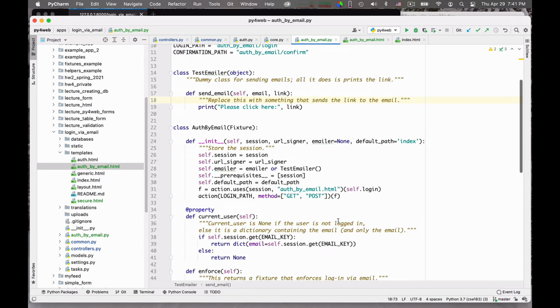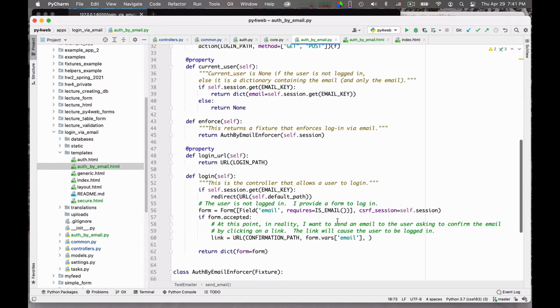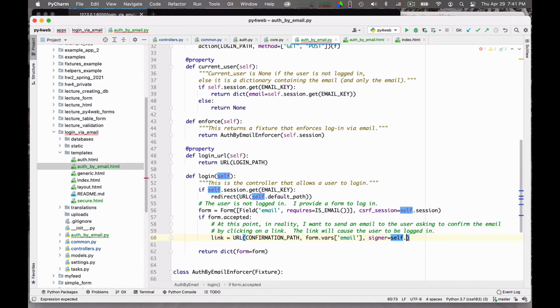So I go back here, and the link contains the confirmation path and the form email. And this will be signed, with signer equal to self.url_signer, so that the link is actually signed.